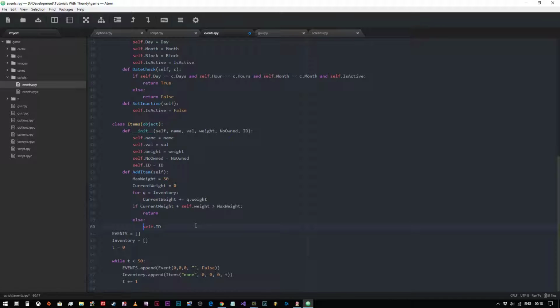So in order to add this, sorry, I've got myself in a muddle here. Right, so we're going to say inventory. No, we've done it right. We have done it right. Self dot number owned plus equals 1. So we're going to have to make some changes to our